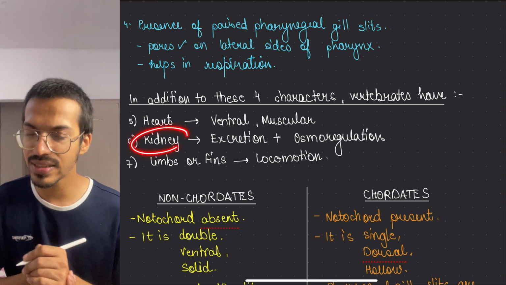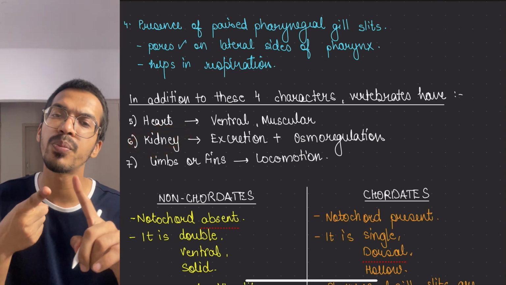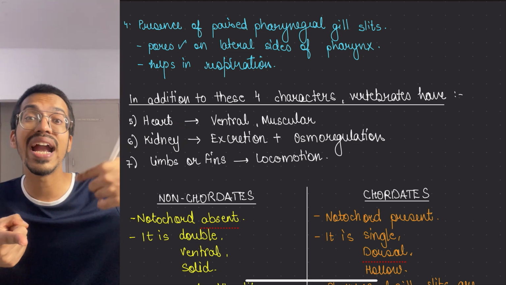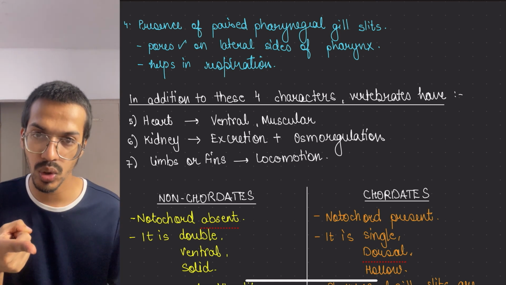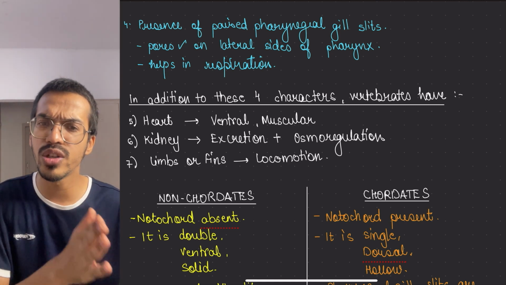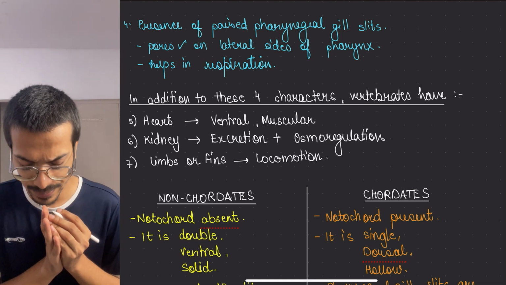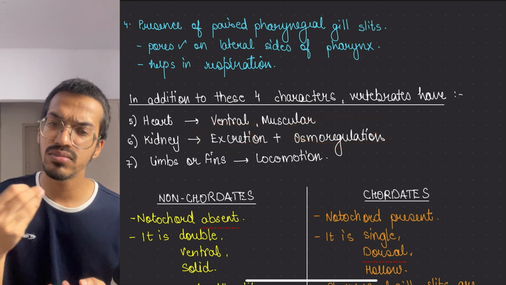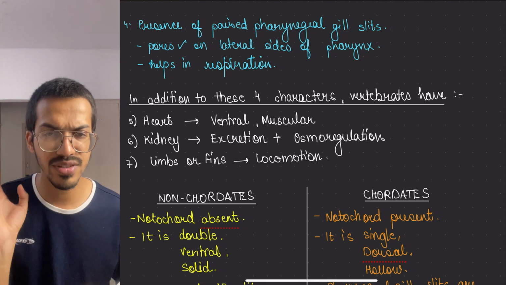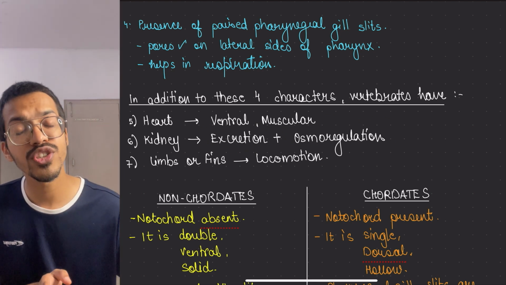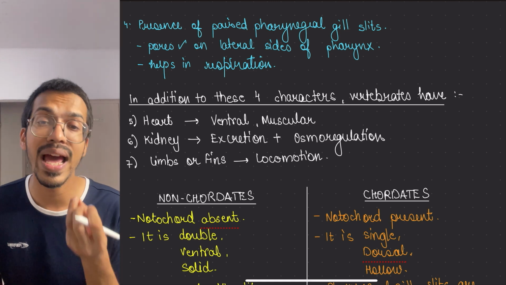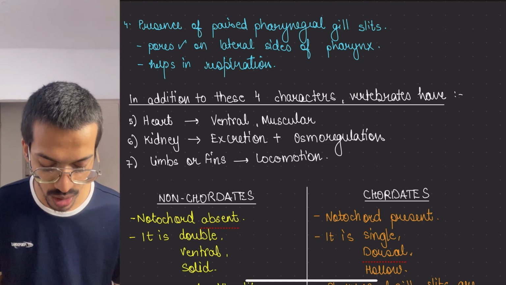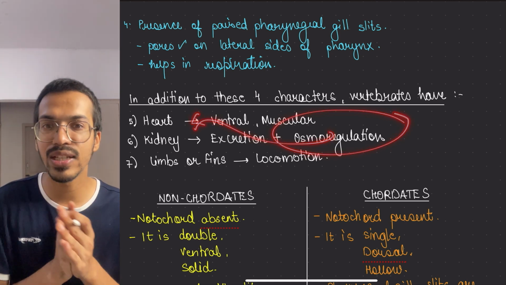Then we have the kidney present. Kidney's condition could be pronephric, mesonephric or metanephric. I have told you the advanced versions of it. Once we go on, the advanced versions of kidneys are formed. They help in excretion and osmoregulation. What is excretion, beta? To excrete out the nitrogenous waste. We have studied about it before also. Osmoregulation means osmolarity regulation in the body, meaning salt and water balance regulation is also done by the kidney in the chordates.